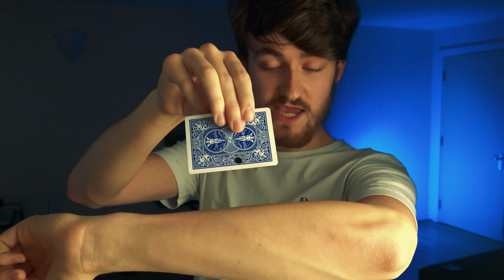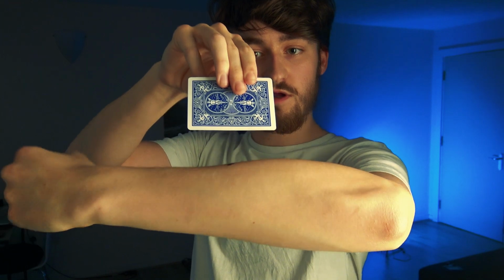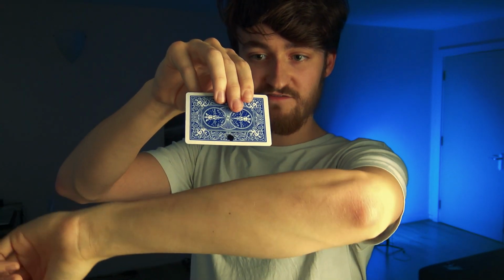So once again, it's just about timing. You show the ink, you show your arm apparently with nothing, and in slow motion, this happens. But in fast motion, this happens. It's really cool. With this variation, there is a really nice way to have the card end clean once the